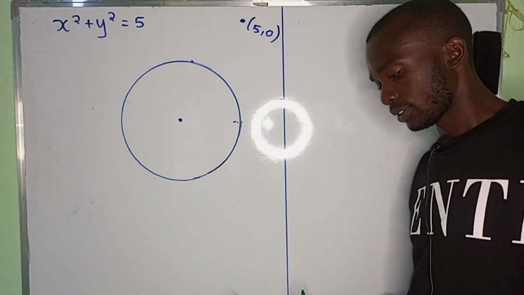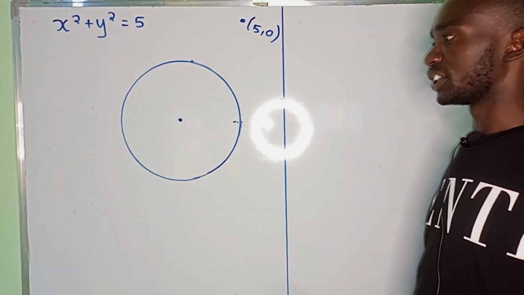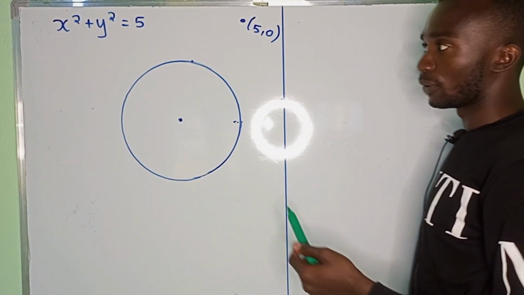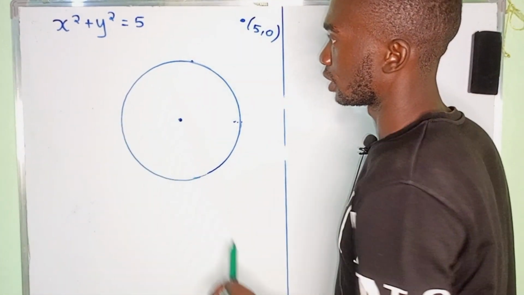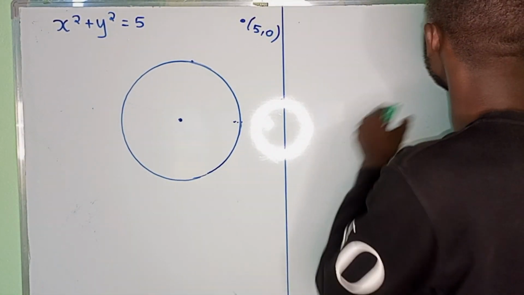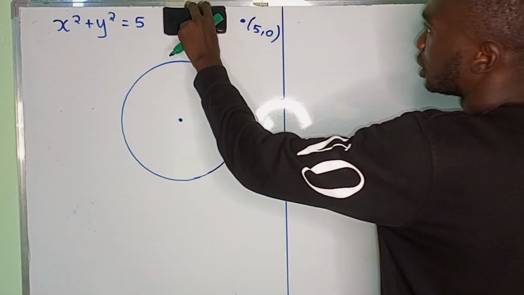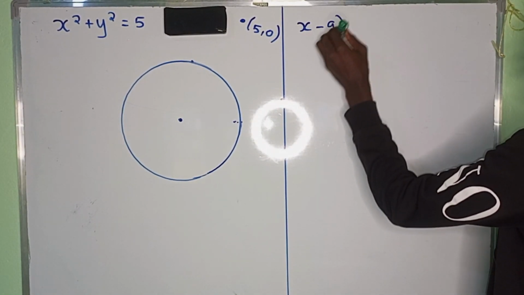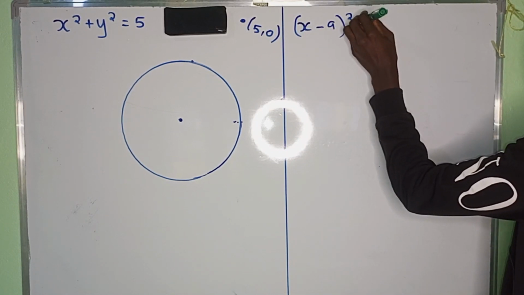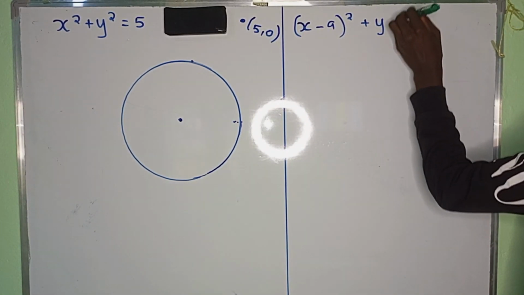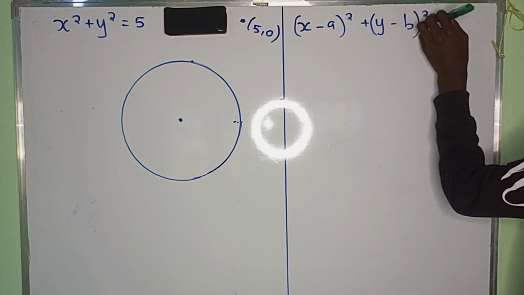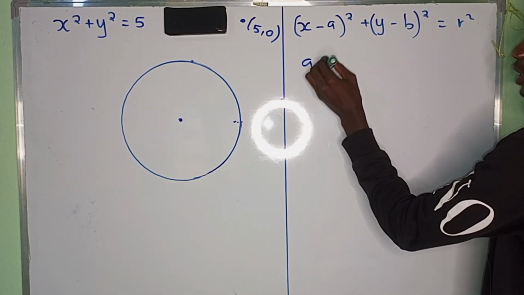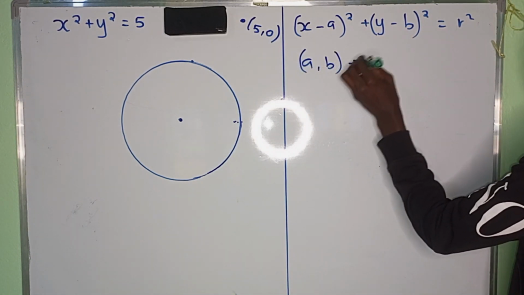So the equation of the tangent to the circle, given the external point (5, 0) and the equation of the circle x squared plus y squared is equal to 5. The equation of a circle is always in the form (x minus a) squared plus (y minus b) squared is equal to r squared,